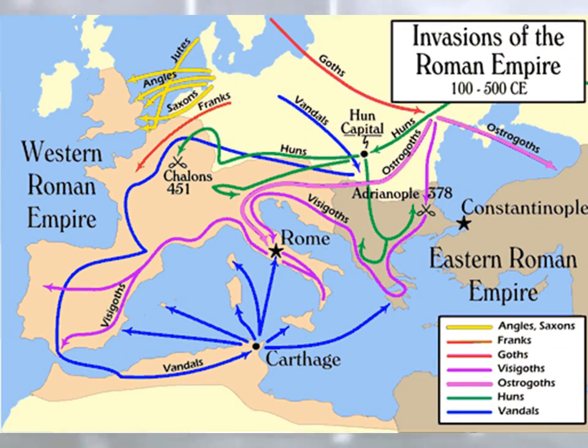This map shows you the different Germanic tribes and the different groups that invaded the ancient Roman Empire from the year 100 to 500, as ancient Rome was falling. You can look at the blue lines. Those are the Vandals. They actually invaded Rome from the south, from Africa, by sea. The purple lines are the Visigoths and the Ostrogoths, and it looks like they dominated a large part of the ancient Roman Empire. Also look at the green lines. Now those are the Huns. That's the group from Asia that actually pushed many Germanic tribes into ancient Roman territory.